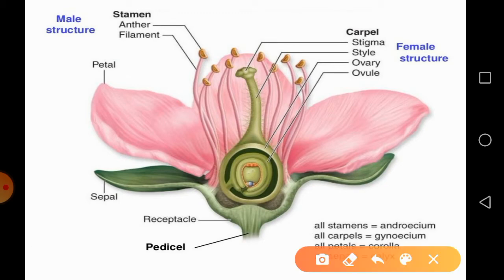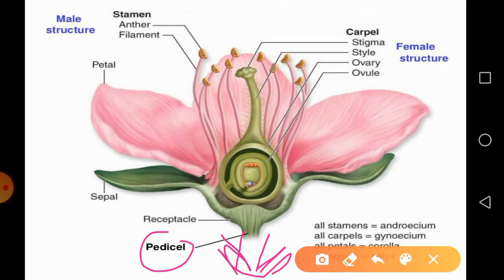It is nothing but the stalk of your flower, that is called a pedicel, and before that pedicel, again, the flower emerges through the axils of your leaf, this flowering stalk. So at the base we are having some leaf-like structure here, okay. So this leaf-like structure which is present at the base of the flowering stalk is called a bract